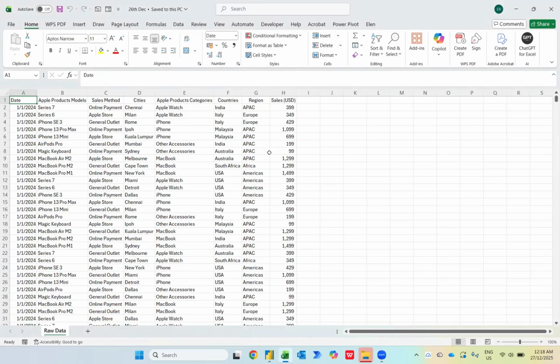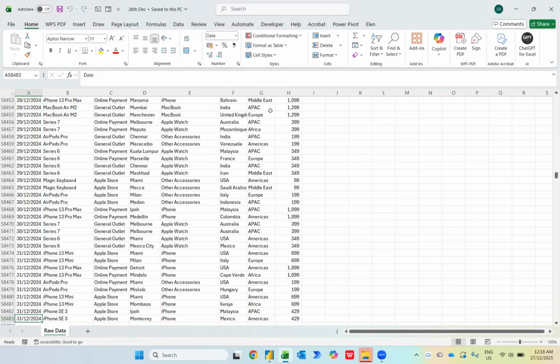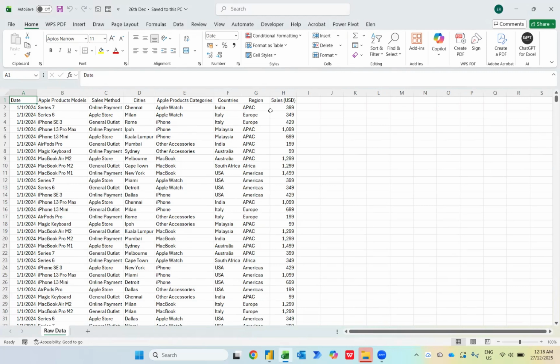So today we will learn how we can prepare a two-page report in Power BI. If you look carefully in this database, we have a date column, Apple product models, sales method, cities, Apple product categories, countries, region, and sales USD. We have more than 50,000 rows, and in this particular database what I want to do is